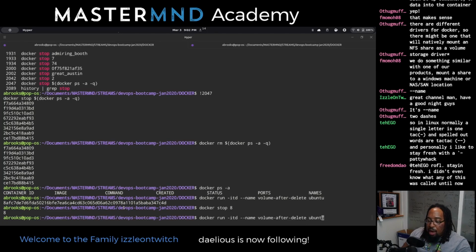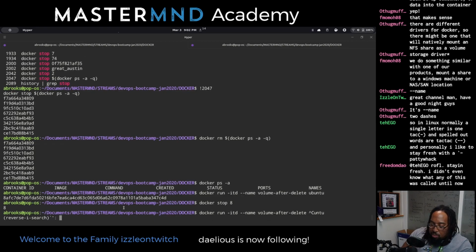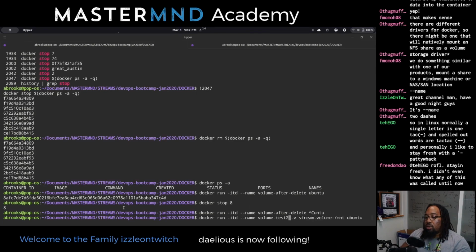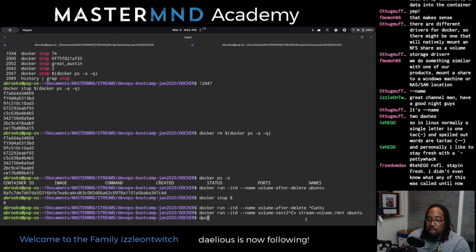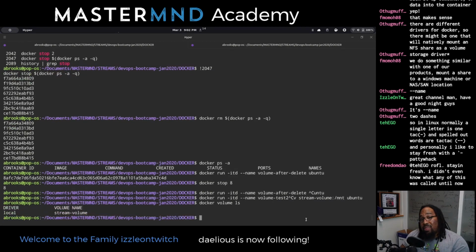So let's add back in the -v, and let's call this volume test 2. We're mounting it to that same mount. That mount still exists. And actually, how can we see that that mount exists? Again, how do you see volumes? You do docker volume ls. And that volume is still there. It still exists. It does not get removed when the container gets removed.